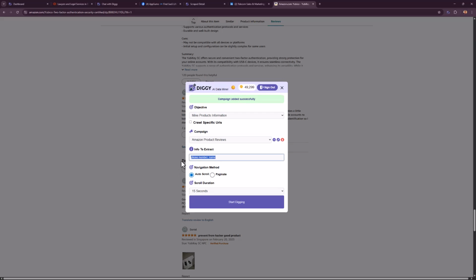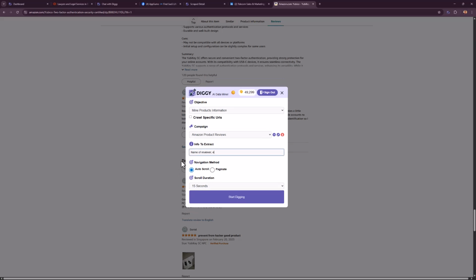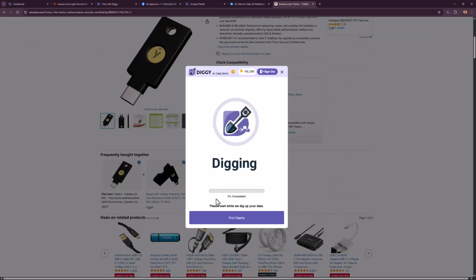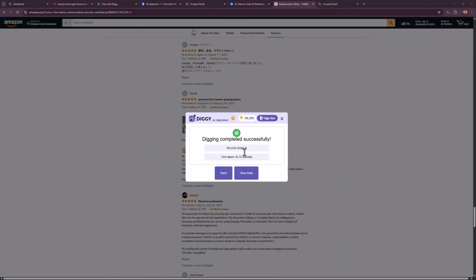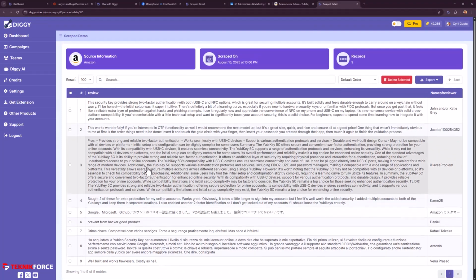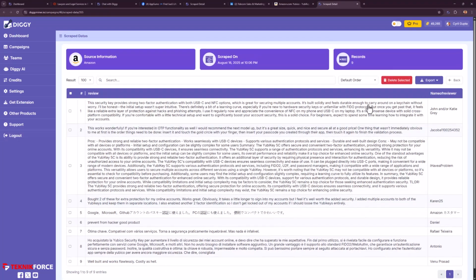And we'll say name of reviewer and review, and we'll keep it auto scrollable. Let's go to the top of the page. Let's do 30 seconds and click on start digging. And it was able to grab 9 reviews. If you go into the scrape data, the names are here, and you've got the review, and you can chat with this data too. We'll just go to Diggy AI,